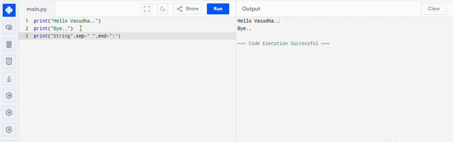The default values are already specified in the Python compiler. Sep has a space as its default value, and end is backslash n. Backslash n is an escape sequence character specifying a new line, means at the end of the strings within the print statement, a new line will be given.